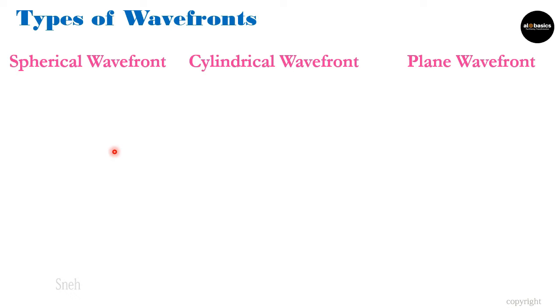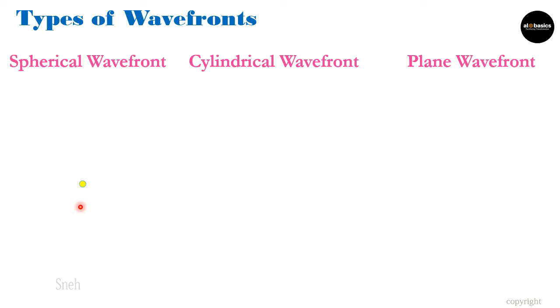The first type of wavefront is the spherical wavefront. Actually, in that video, we have seen spherical wavefront. Now here, again in context with the different types of wavefront, we'll discuss it. These types of wavefronts are based on the type of source of light which is used and the distance at which the wavefront is observed. Here basically we are going to consider two types of sources. One is point source and second one is linear source. So we'll start with point source.